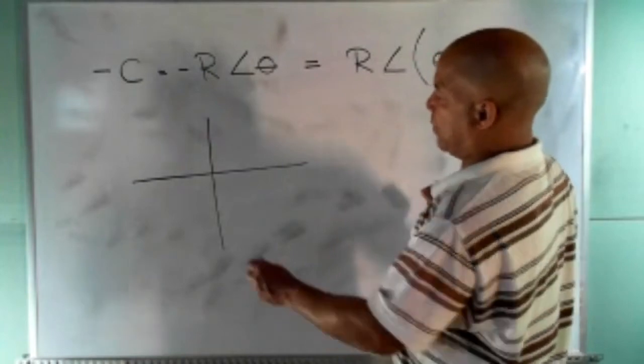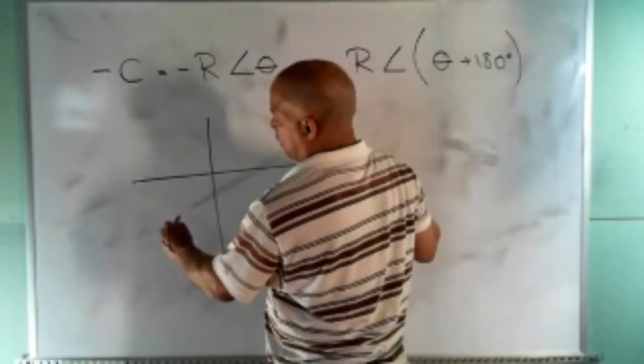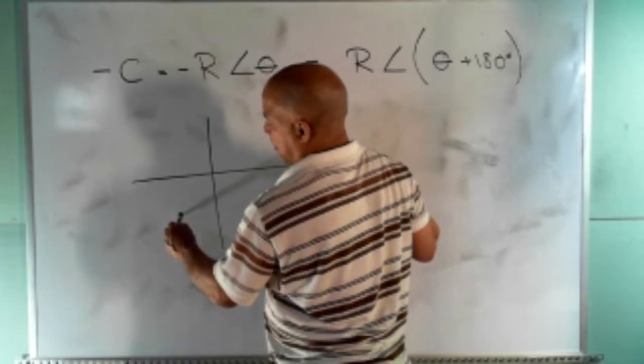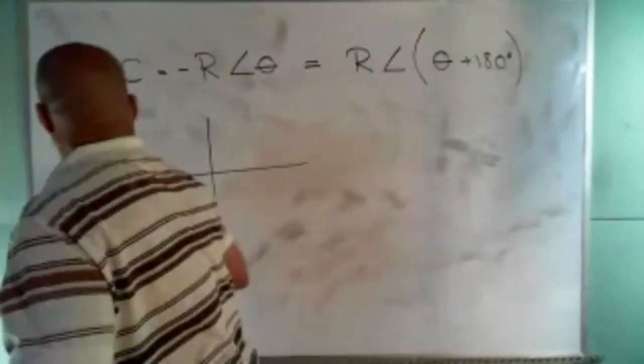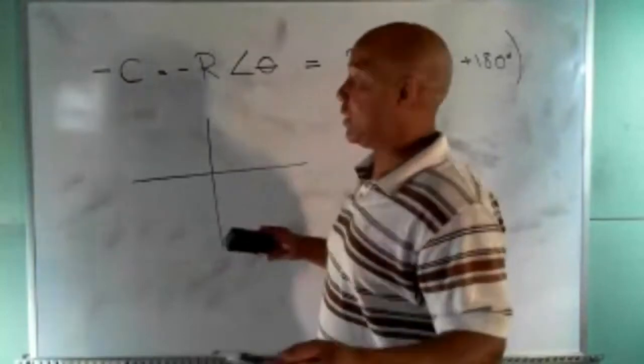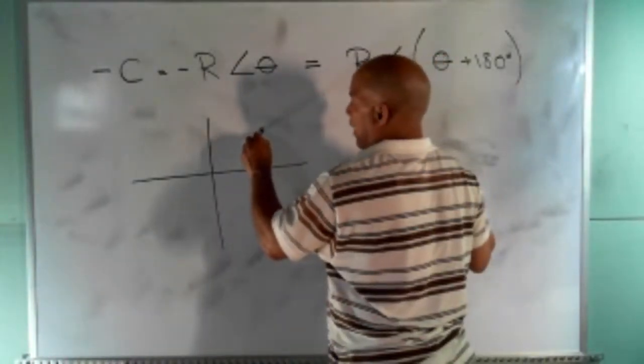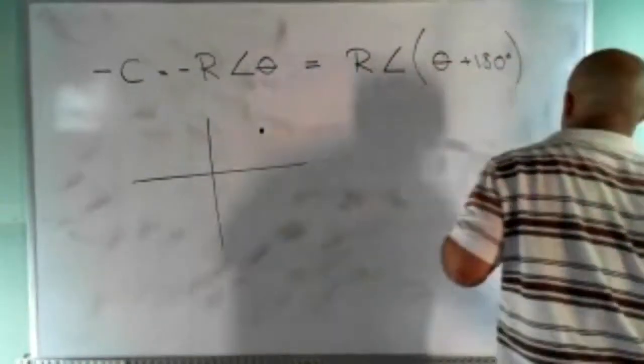Let me put it right here. So here's my complex number. Let me put it in the first quadrant. It doesn't really matter which quadrant it's in, but let me just put it here. So let's say this is my number right here. And that number is